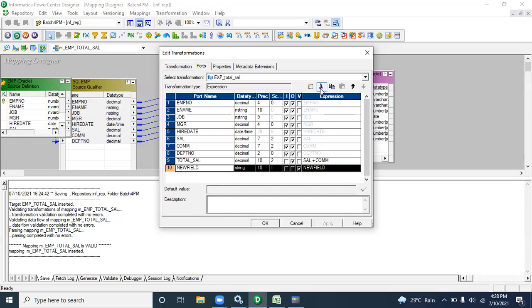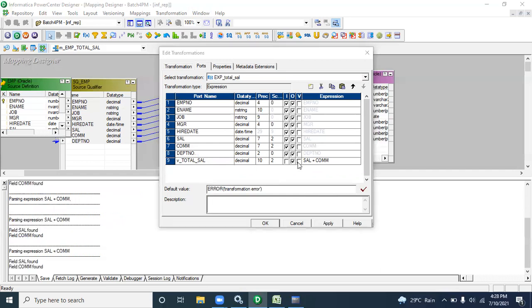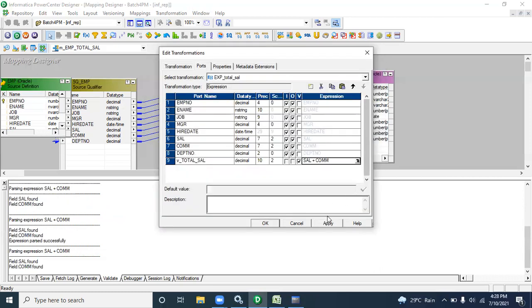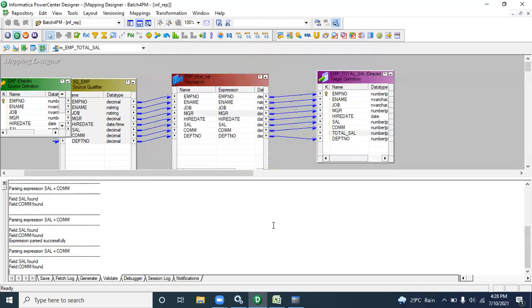Let me show you the same thing. Suppose I want to write the same logic in a variable port. It's a very easy logic, so I am not writing it in full, but let me show you how it is defined again in the output port. It is denoted as V underscore total sal. I am selecting variable port, validating it, and clicking OK. I am changing the same logic. Now, are you able to see total sal?